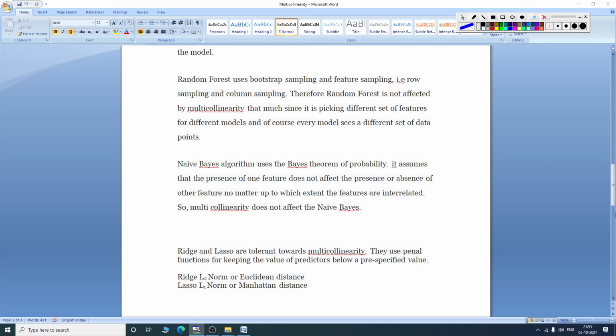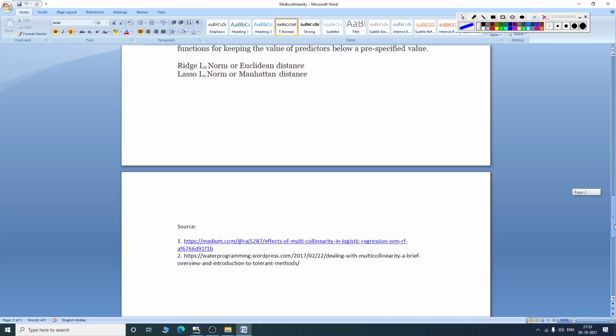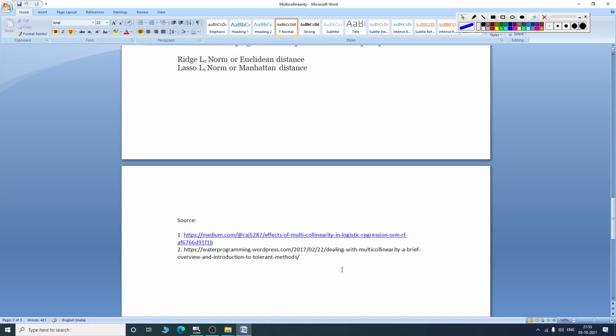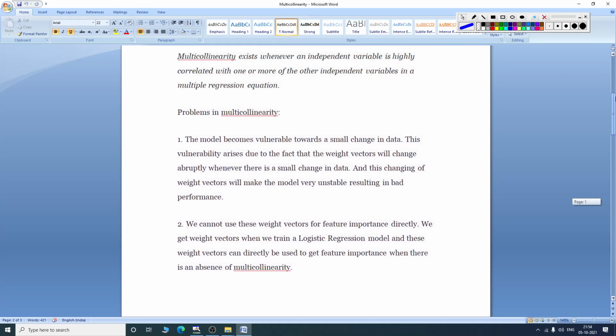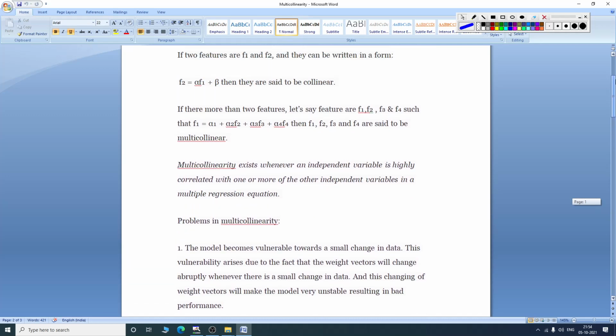Okay, so now I have given you some sources, please go through these sources so you can know more about them. In fact, for this presentation, I have gone through these sources and made it, and I would also want you to go through them, so you can find it useful. Multicollinearity is a very important topic, and you need to know which models are impacted by multicollinearity, so that you can take precautions for those models while you are building your training model.